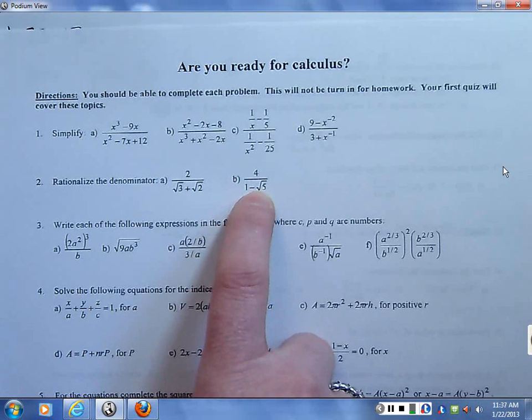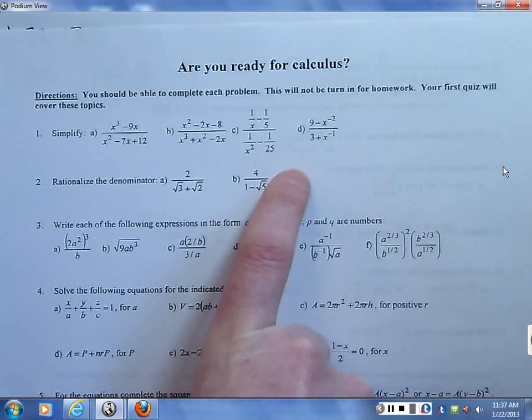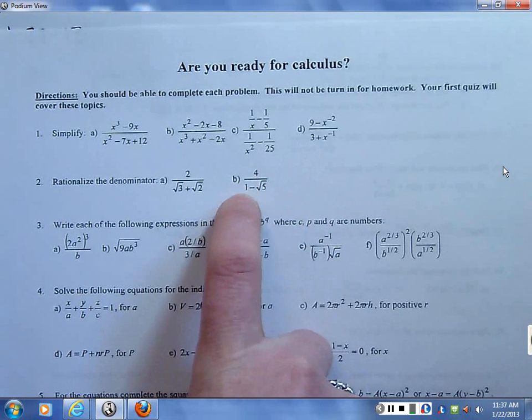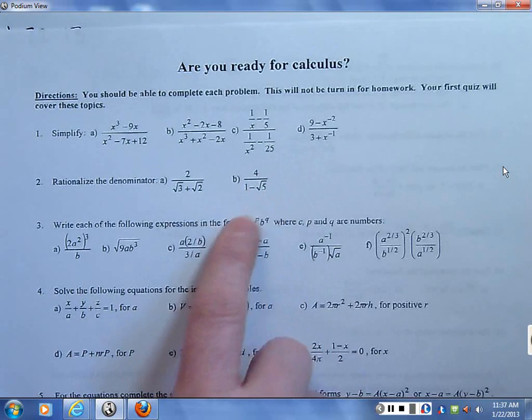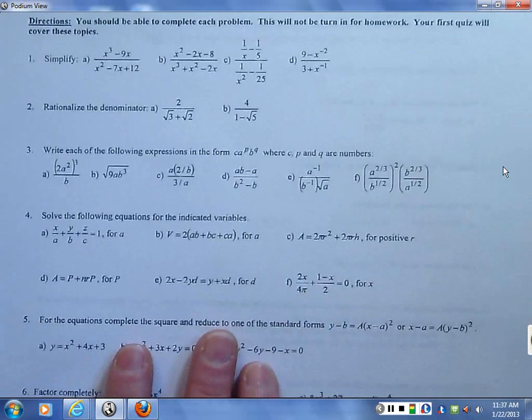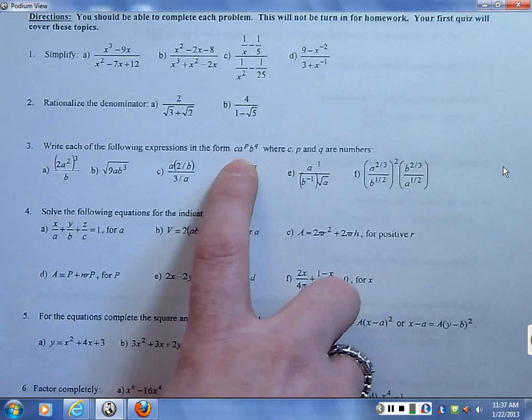1 plus the square root of 5. Top and bottom by 1 plus the square root of 5, I need to distribute the 4. But the numerator is going to be 1 minus 5. So minus 4 in the denominator. Pretty straightforward there. Write each of the following expressions in the form a constant times a to the p or